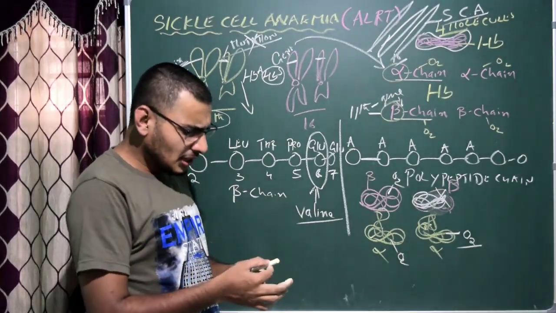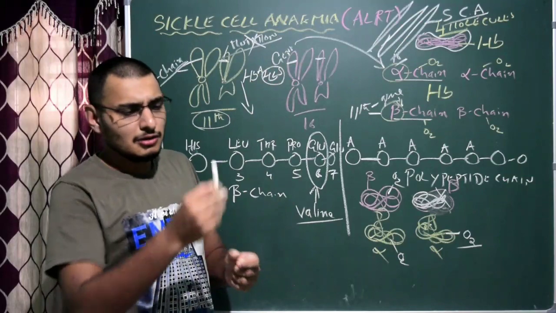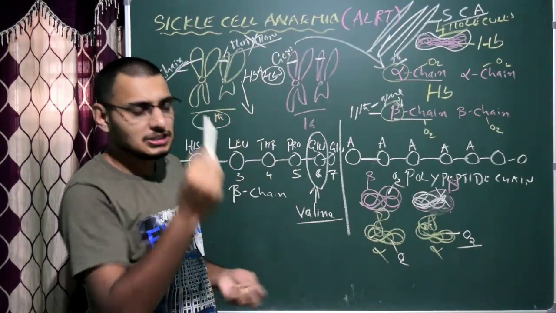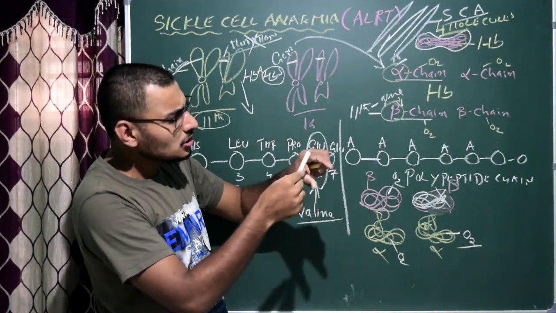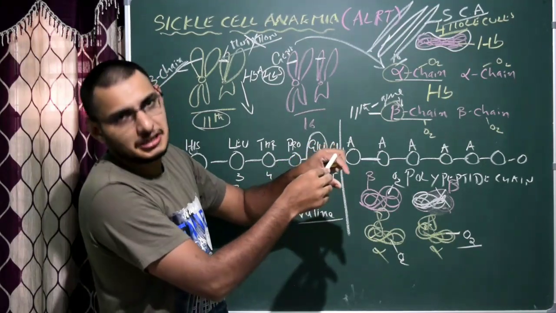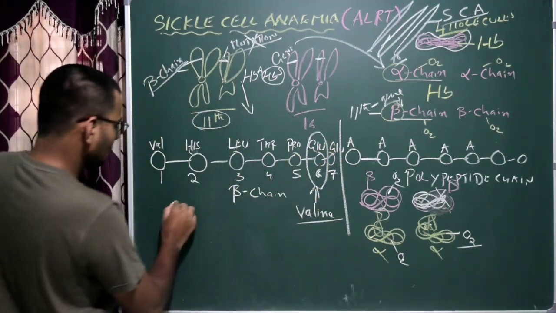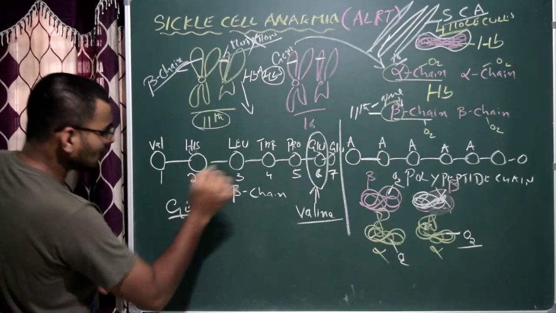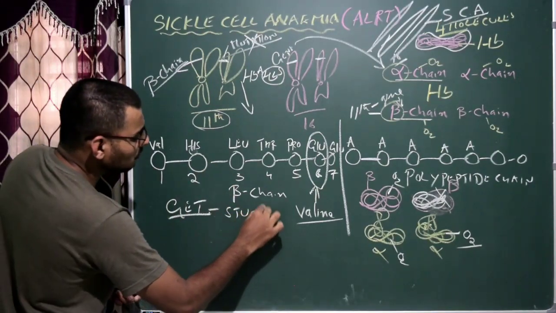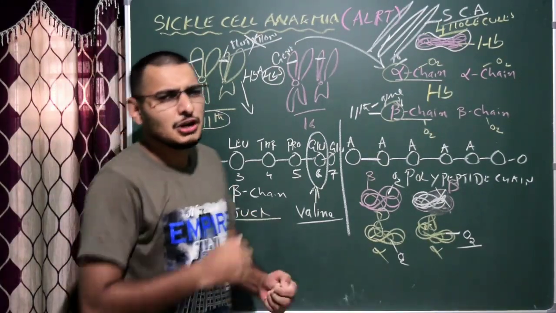But in this case, particularly in sickle cell anemia, the RBC become like this, that is, sickle shaped. And as a result, when they go into the small capillaries, they get stuck. That's what actually happens. So because of this sickle shape, they get stuck within the small capillaries, and as a result, during the oxygen